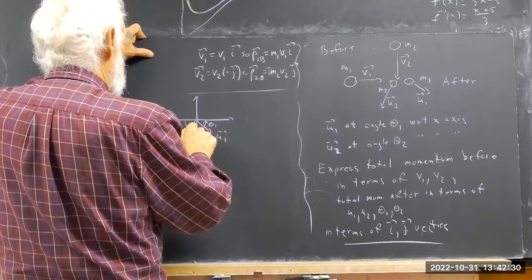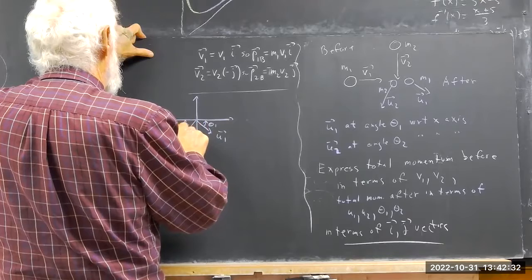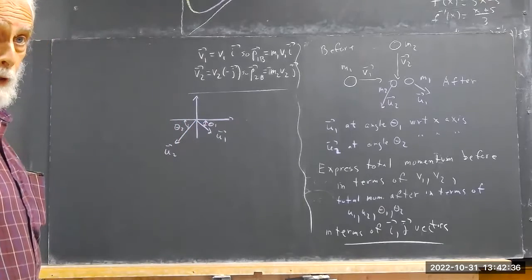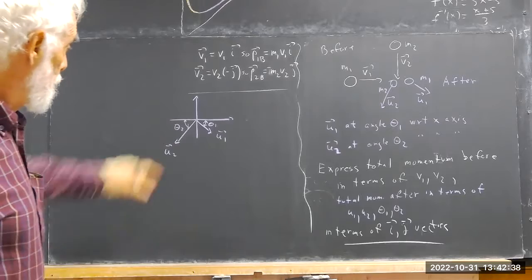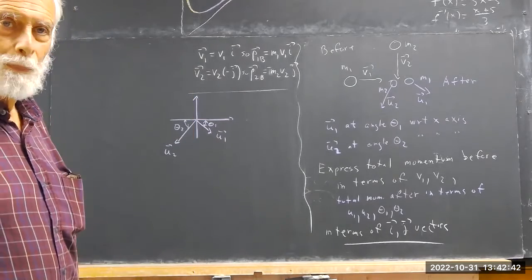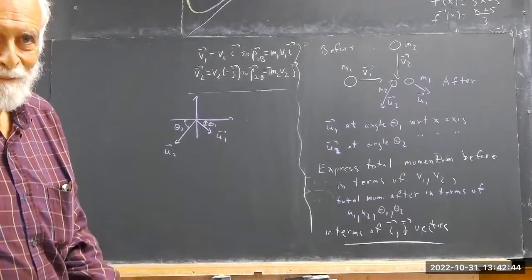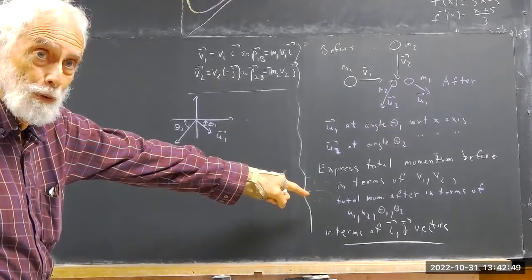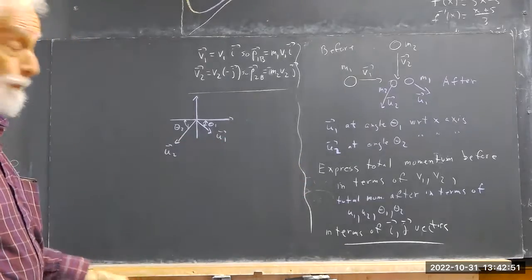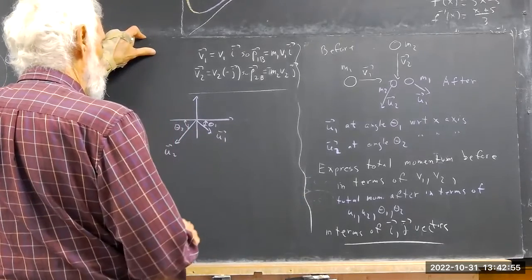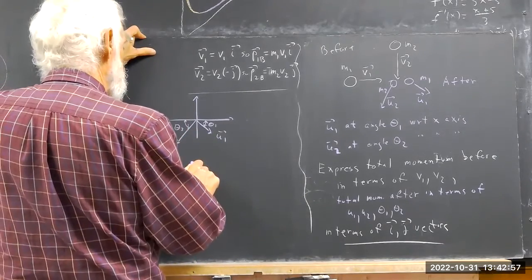Here's theta 1, and here's theta 2. If you did it from the axis, that's okay too, because the expressions are more straightforward. I didn't specify just how these angles were defined, so you could assume either way. If you assume this way, though, see that